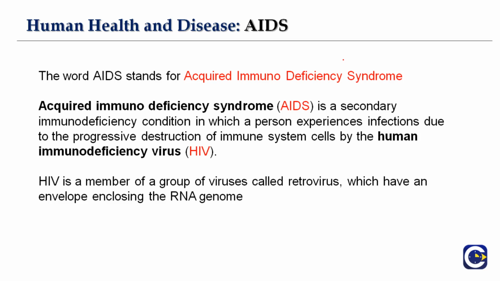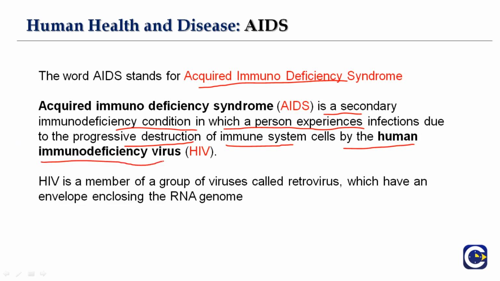So let's begin here. As I already said, AIDS stands for Acquired Immunodeficiency Syndrome. This is a secondary immunodeficiency condition in which a person experiences infections due to the progressive destruction of the immune system cells by the virus called human immunodeficiency virus. I would like to add some points here. When we talk about HIV,